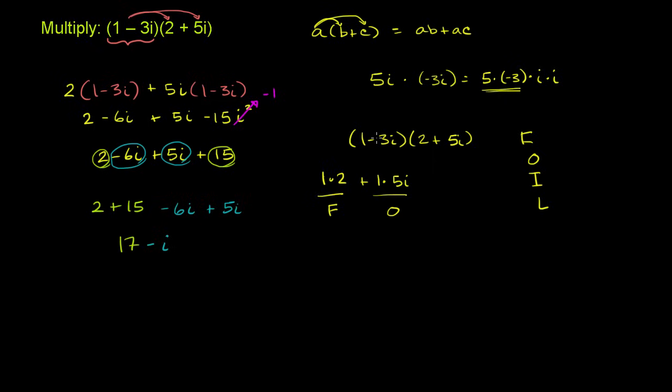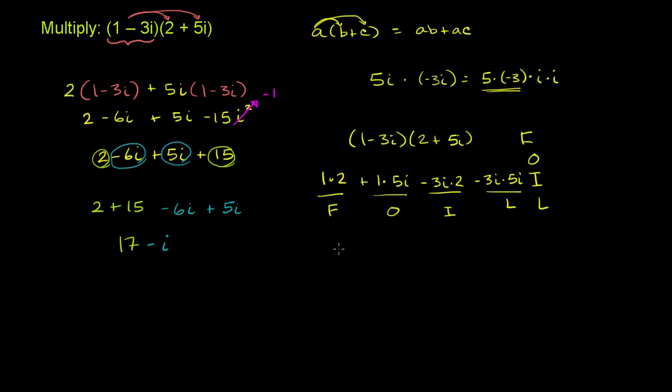Then we do the inner numbers, negative 3i times 2. Those are the inner numbers. And then we do the last numbers, negative 3i times 5i. These are the last numbers. That's all that FOIL is telling us. It's just making sure we're multiplying every part of this number times every part of that number. And then when we simplify it,